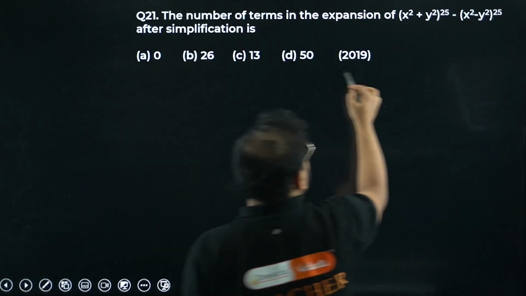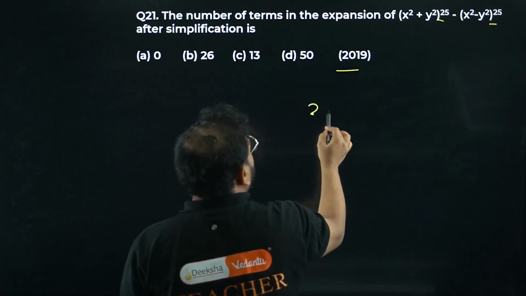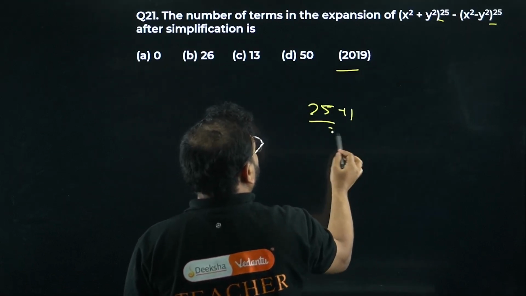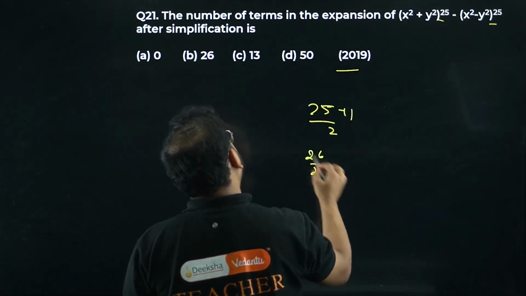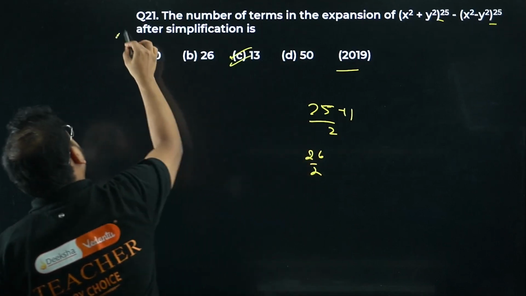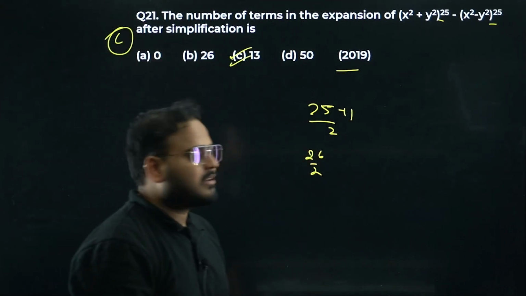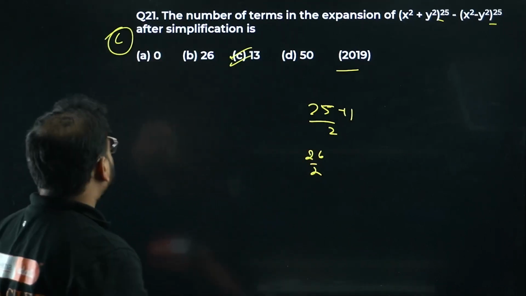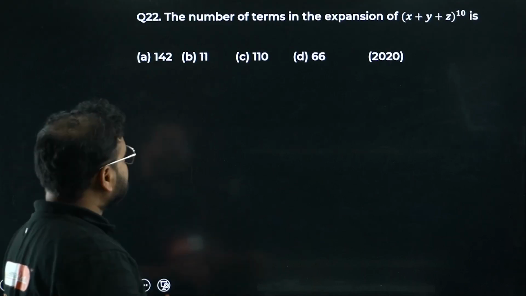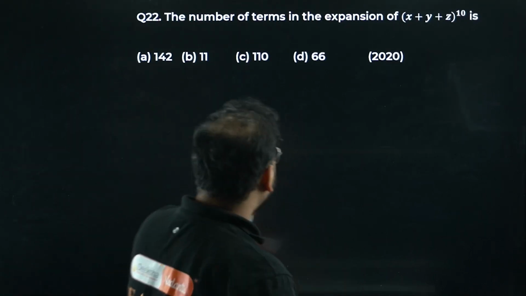Same approach, right? P by Q one more time. Please check. We'll write here 25 plus 1 by 2 will become 26 by 2. How much is that? 13. Option C is correct. 21 also same approach. P by Q again. Please check. Answer is 13 one more time. Okay. So please solve questions where they're asking number of terms kind of question. Okay. Again 22. Yes.